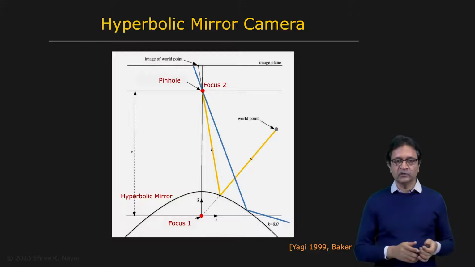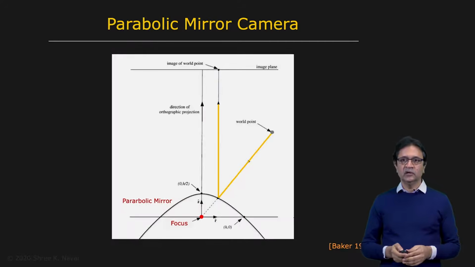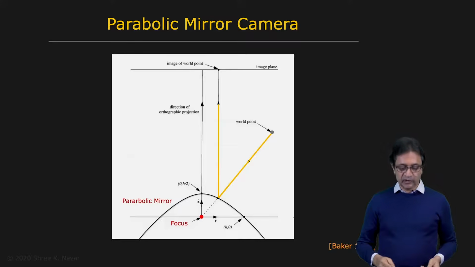Now here is another way you could do this, another design which uses a parabolic mirror. The parabola has a single focus which sits within it. You can say it has a second focus too, which is at infinity, but what it does is it takes all the rays of light that come in the direction of its focus right here and reflect these rays to be parallel to one another, straight up, all the rays. If I had a ray coming in from here, it would also go parallel to the optical axis.